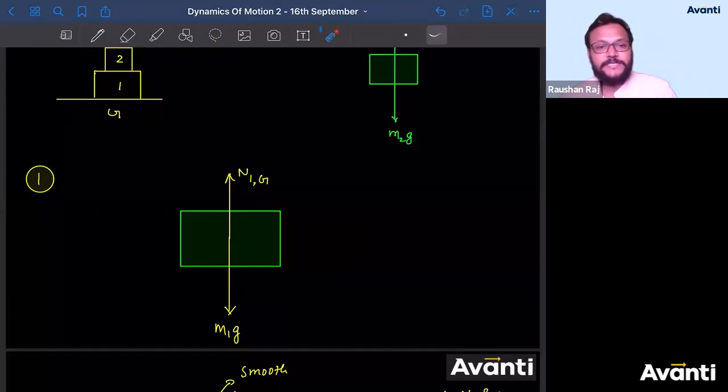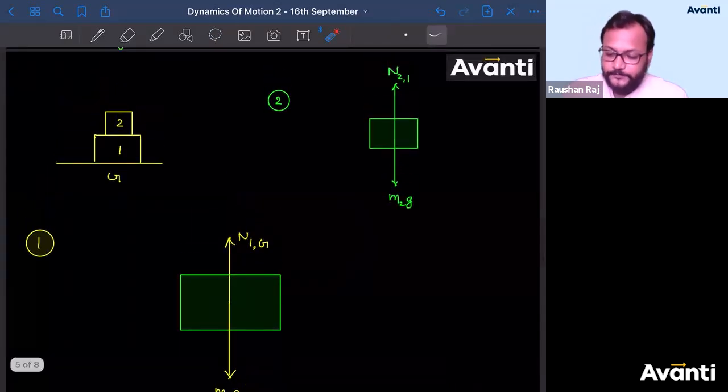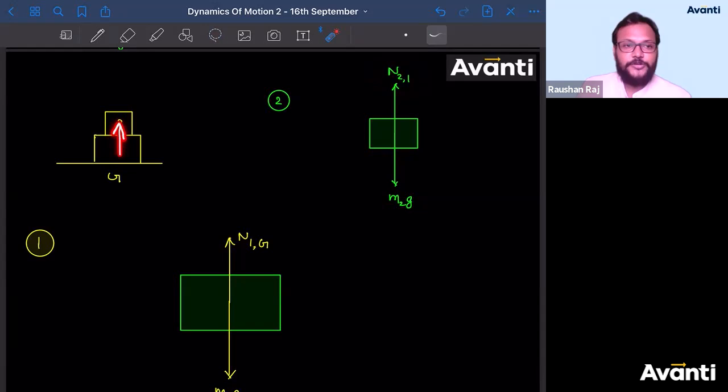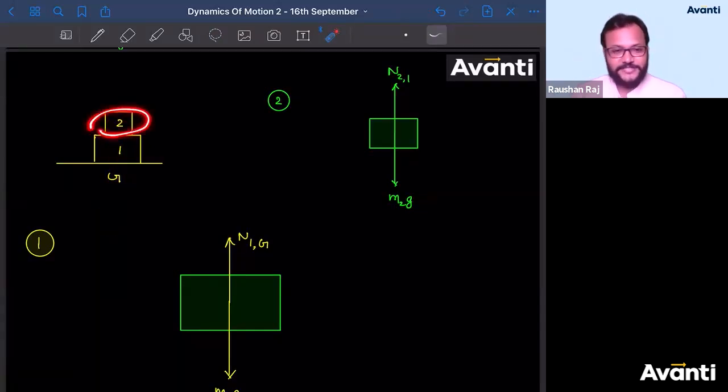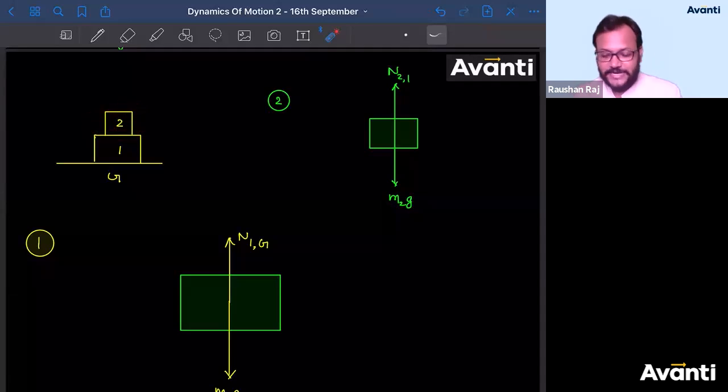Very good guys. Yeah, I have missed the force on 1 because of 2. Sir, how did you miss it? Reason देखो क्या है. See, this is a force on 2 because of 1. So 1 has applied a force on 2. तो 2 क्या बैठा रह गया? अरे सेम इसको प्यार धरती माँ ने दिया ना, सेम तरीके का इसमें भी ताकत है. This second block also has some power, right? Newton has given him extra power, and what is that? Newton suggests that for every action there will be an equal and opposite reaction. So block 1 has applied a force on 2 in upward direction. So 2 will apply a force on 1 in downward direction.